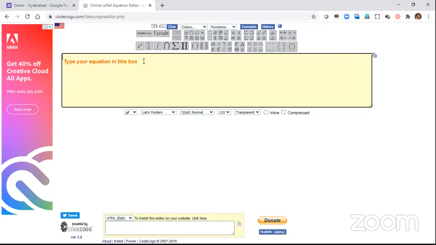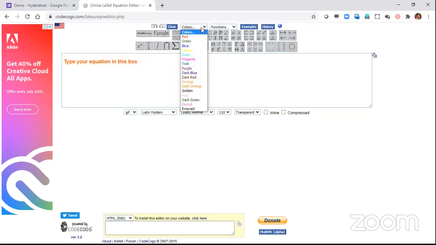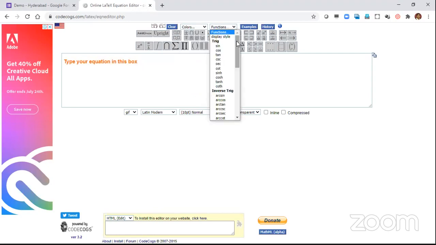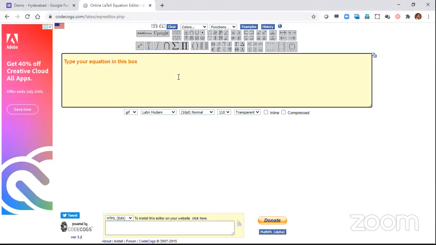Now, whatever you want, if you want an integral to be there, you can choose. There are so many of them. You can explore all of this. You can make it colored also. It need not be black, and all the functions are readily available: sine, cos, sine inverse, cos inverse, log, tan. Operators are there. Let me just keep it simple, just for showing it.